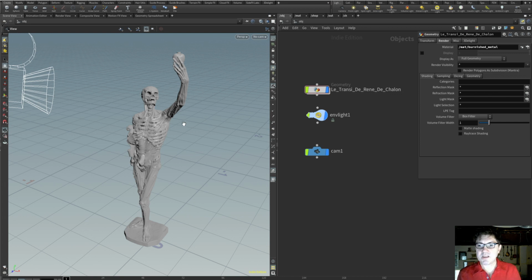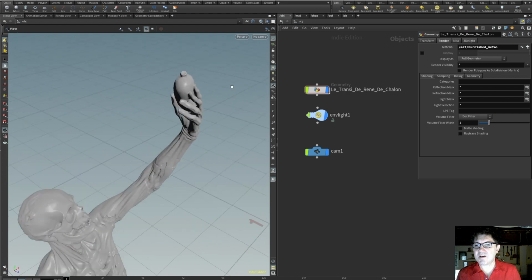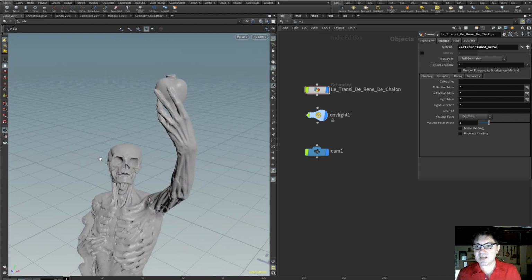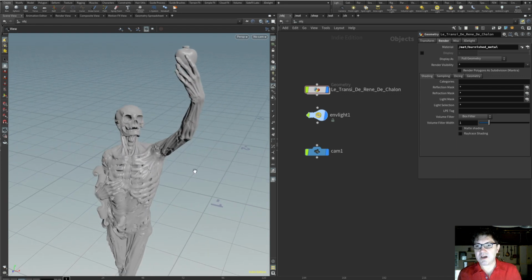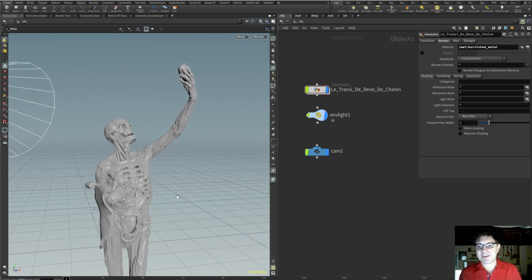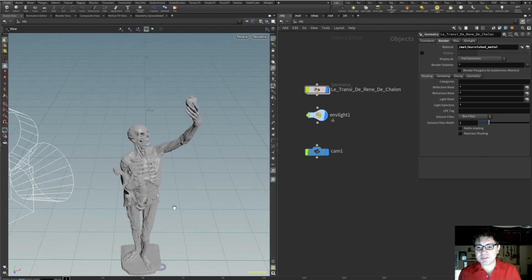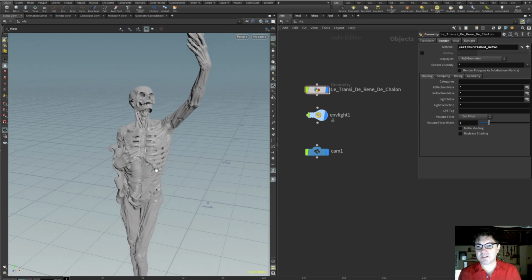As a matter of fact, I've seen a lot of people take this heart, I think it's a stylized heart that the statue is holding, and replace it with a cell phone so that it looks like the skeleton is taking a selfie. But anyway, the reason why I picked this particular geometry is because it looks cool,